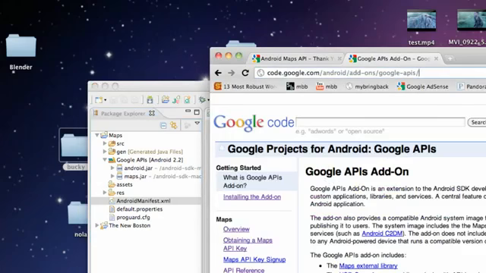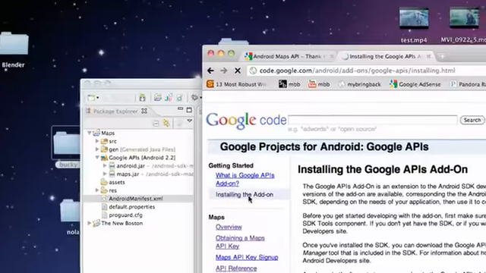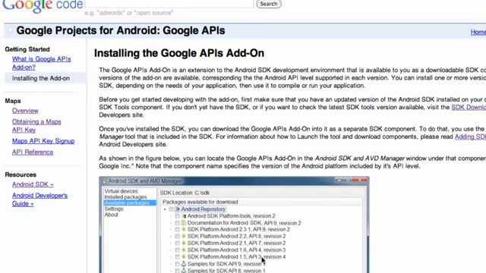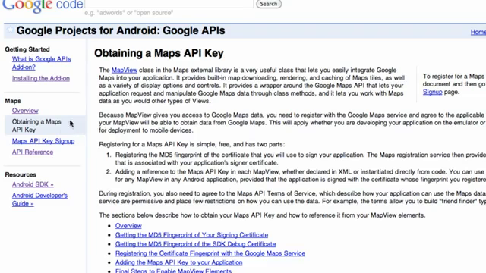So again, if you guys get lost, you can just go to this website, and it'll kind of show you how to set up everything. If you like reading how to learn stuff, you can just follow this to do the install, but if you guys like watching, just follow this series here. So once you guys go to this website, you can click on obtaining maps, or whatever, one of these options here,